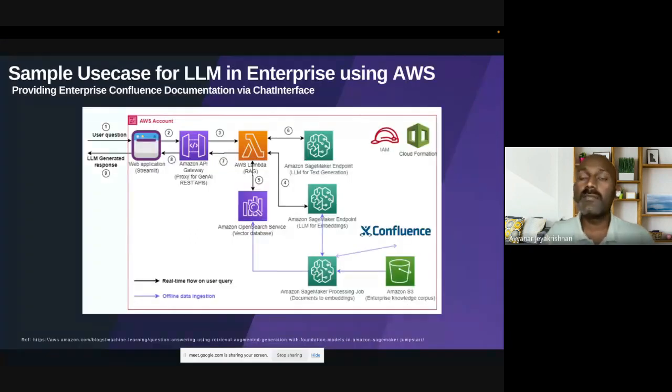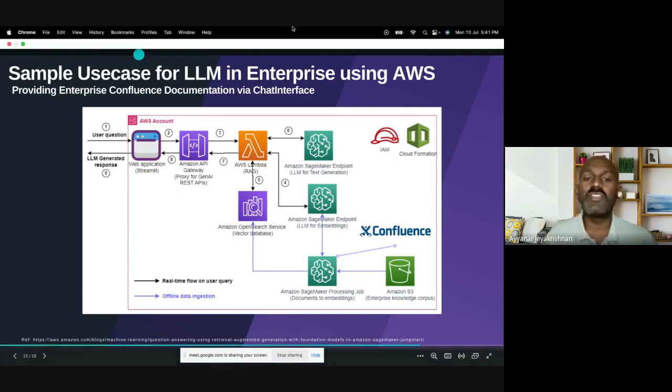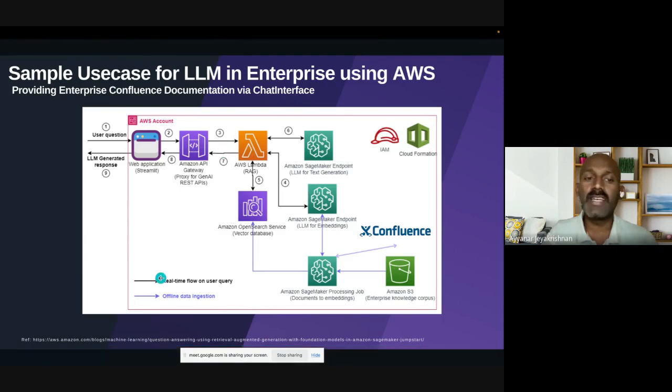This is a simple use case I have taken. Once I finish this use case discussion, I will take questions, then I'll go for a demo. Okay, guys. So, a sample use case: you build an application. There is a flow. This is a real scenario. You have a Confluence database in your enterprise, and you are already documenting all the best practices: the Java best practices, the code pipeline best practices, and DevOps best practices. You keep on adding.